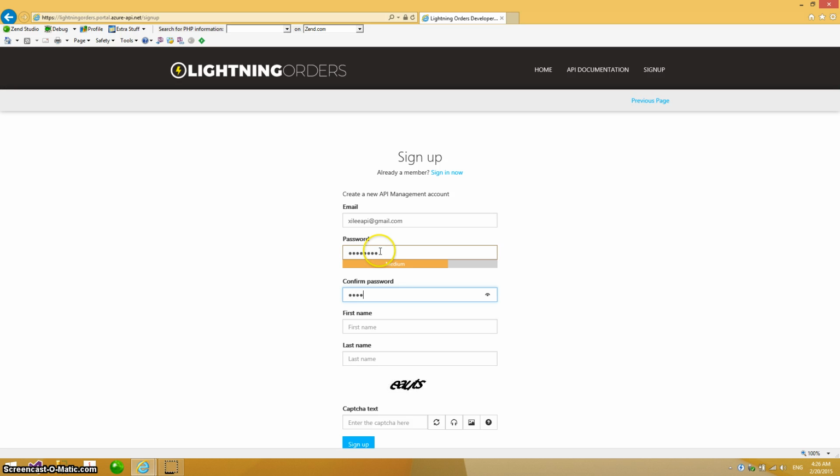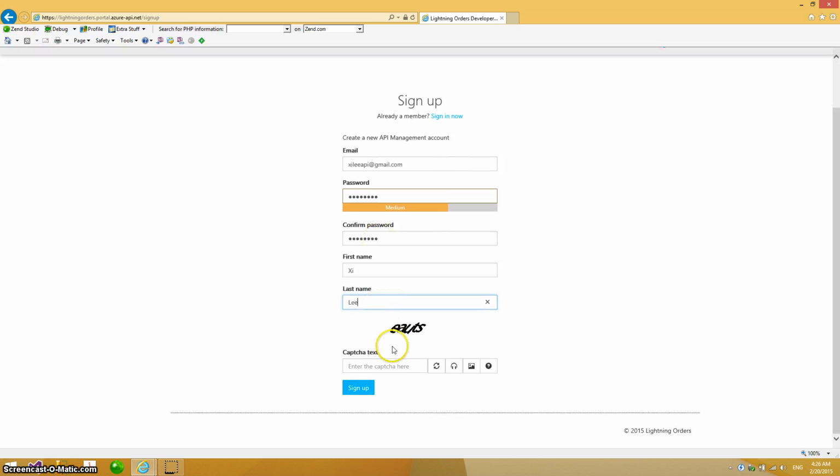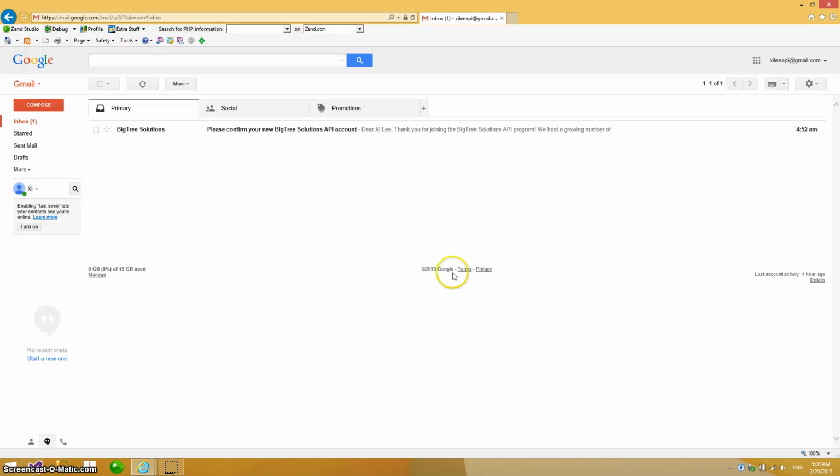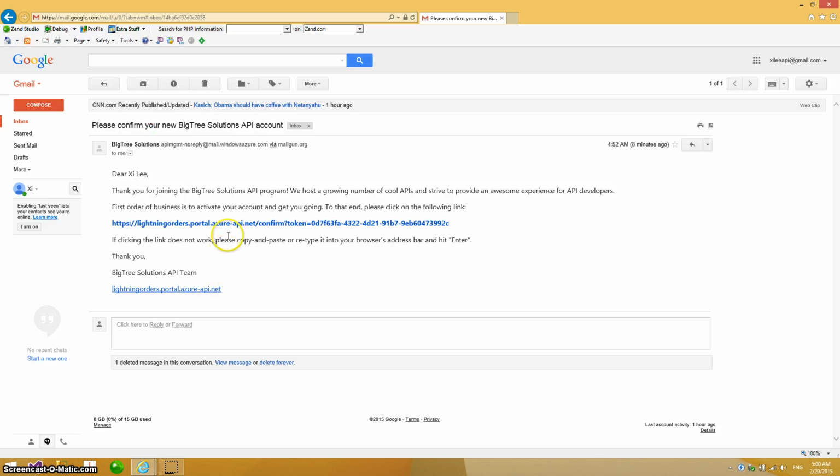Put in a very strong password, put in your name and put in CAPTCHA, and as you can see, a standard email has been sent, we have to click on it to verify. So let's go ahead and check our email, and after some time the email has arrived. So we click on the email and click on the link to confirm,